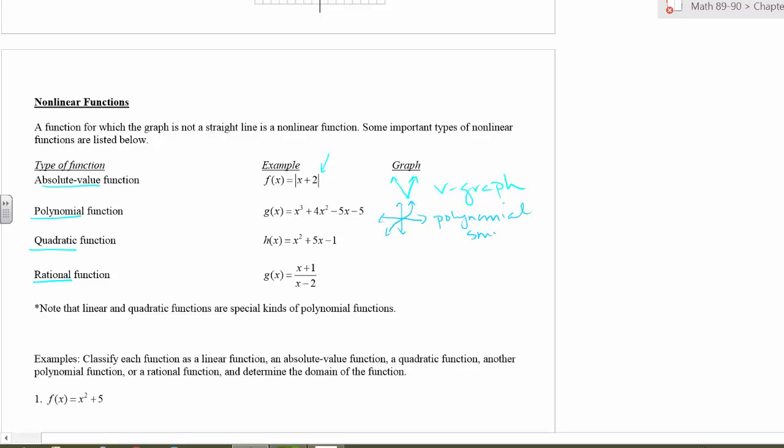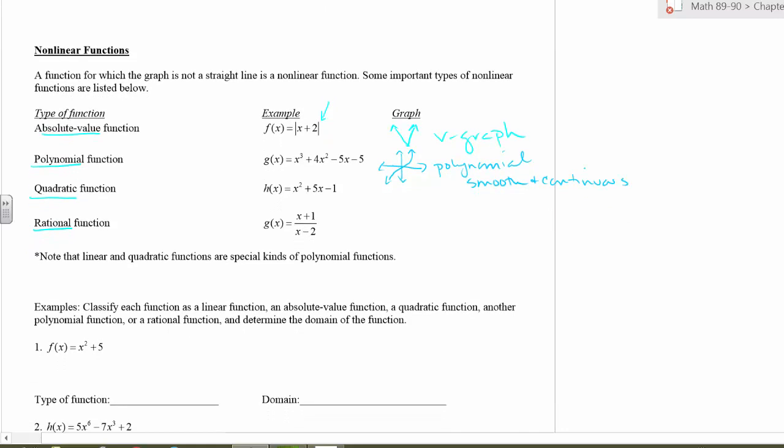And they're always smooth, meaning no sharp points like the V-graph, and continuous. And you don't need to know the graphs. I'm just showing you the difference here between linear and nonlinear, that you're not getting straight lines, basically. Okay, now,